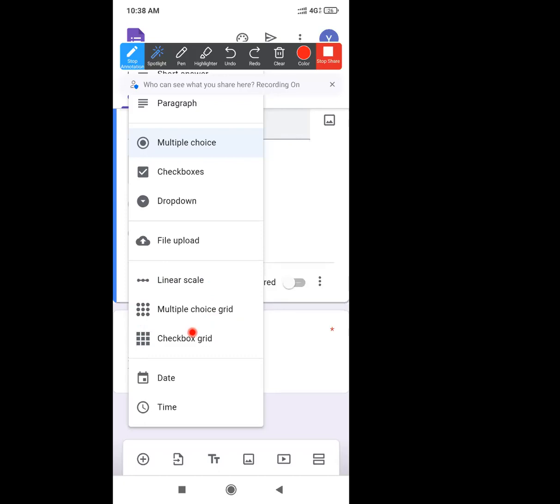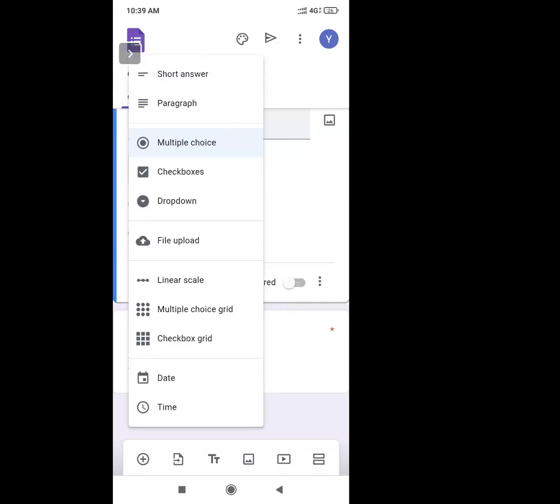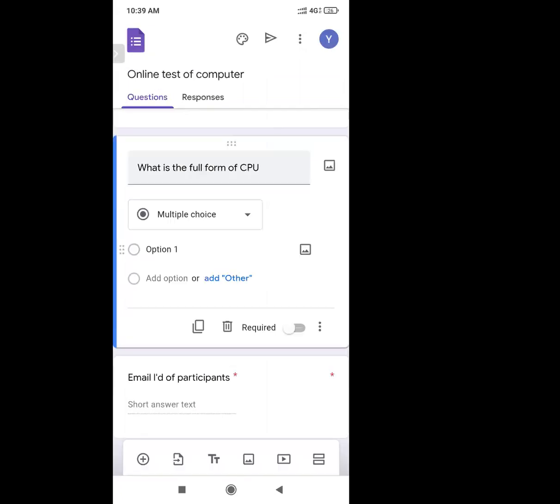If you want the participant to add the date and time of their response, or if you want to conduct a party and you are asking your friends on which date or at which time we should conduct it, or a lecture, where I ask you to tell me a suitable time and date, then for such forms I will add this date and time question in my Google Form. I have chosen it from here.